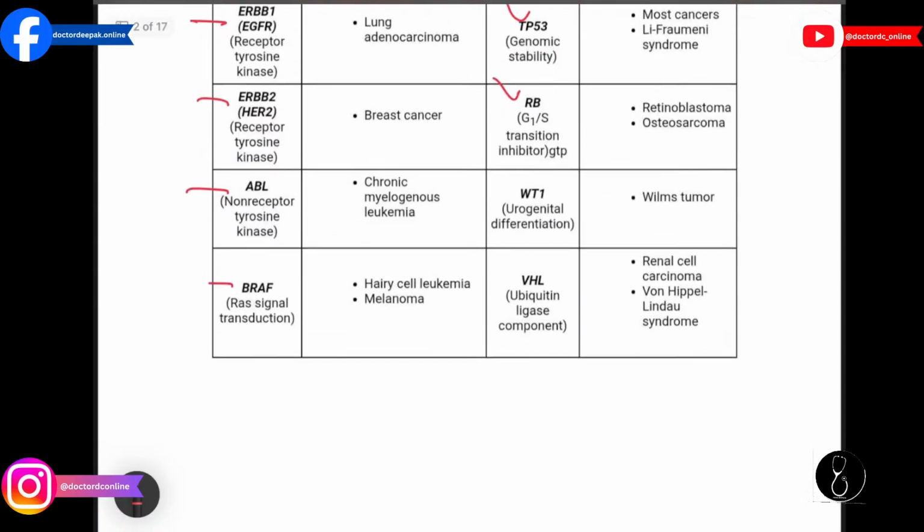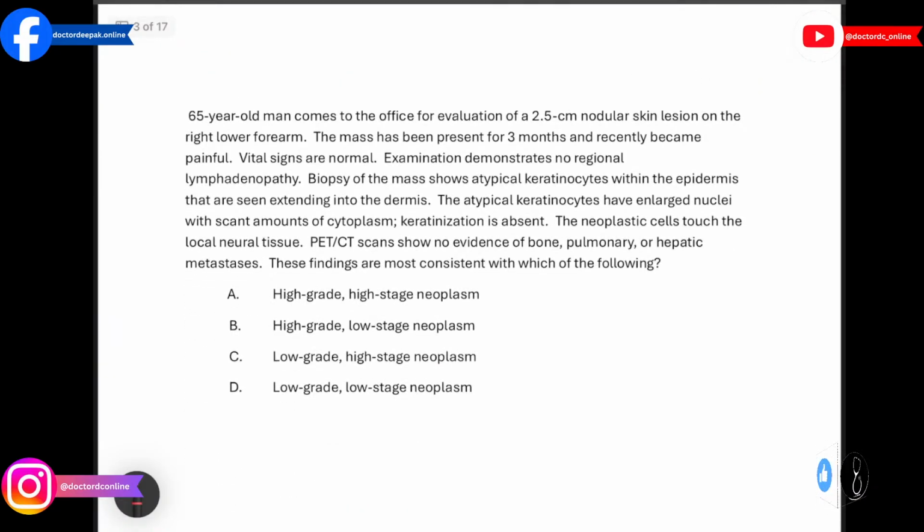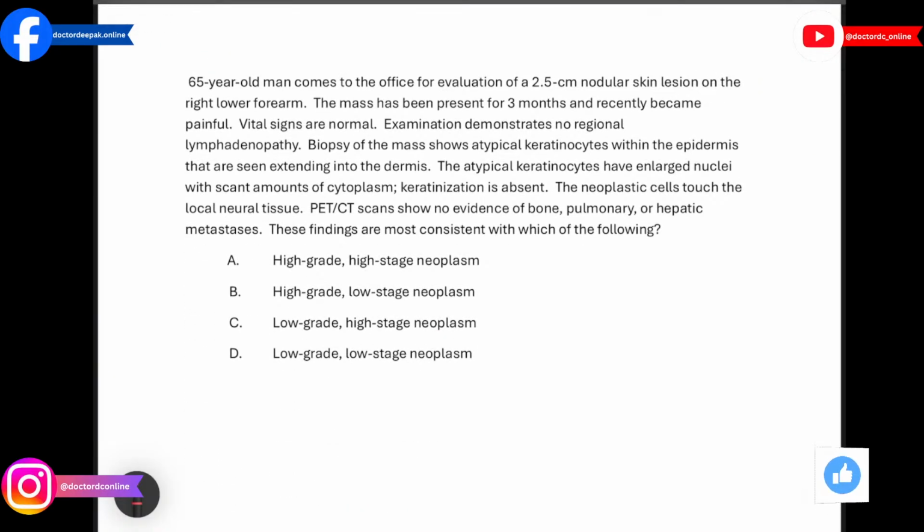Now we are moving to our next question. Our next question is a 65-year-old man who comes to the office for evaluation of a 2.5 centimeter nodular skin lesion on the right lower forearm. The mass had been present for 3 months and recently became painful. Vital signs are normal and examination demonstrates no regional lymphadenopathy. Biopsy of the mass shows atypical